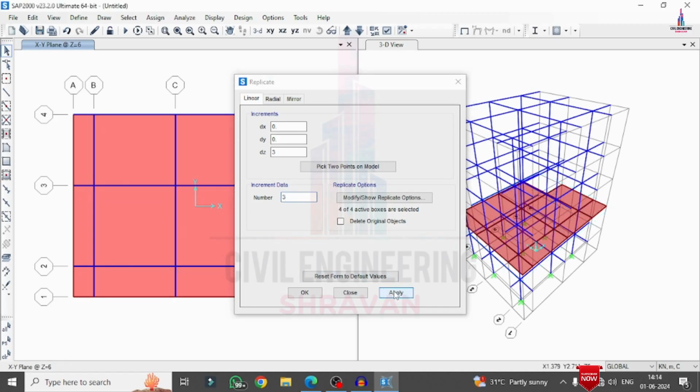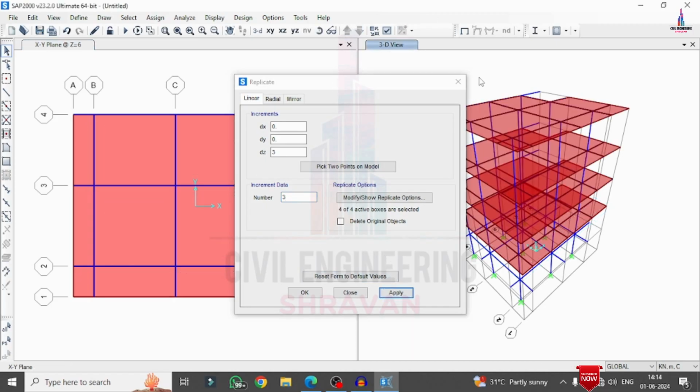So click on the apply option so that it will apply your properties in this direction here like this. So click on the cancel option. Now after this we have to define the load cases, like the gravity loading condition system as well as the lateral loading condition system. Basically, if you consider this building, which is a G+2 structural model, for real-time projects,